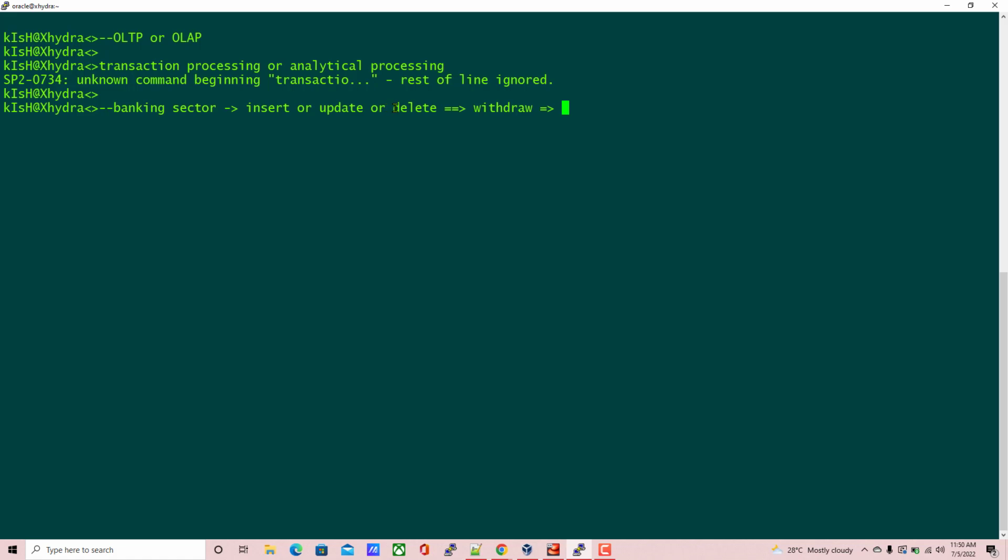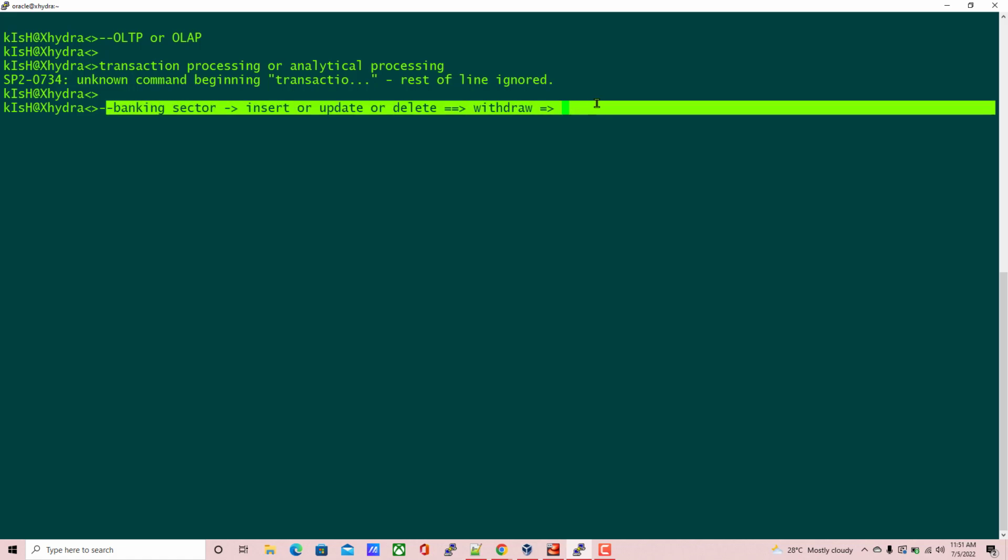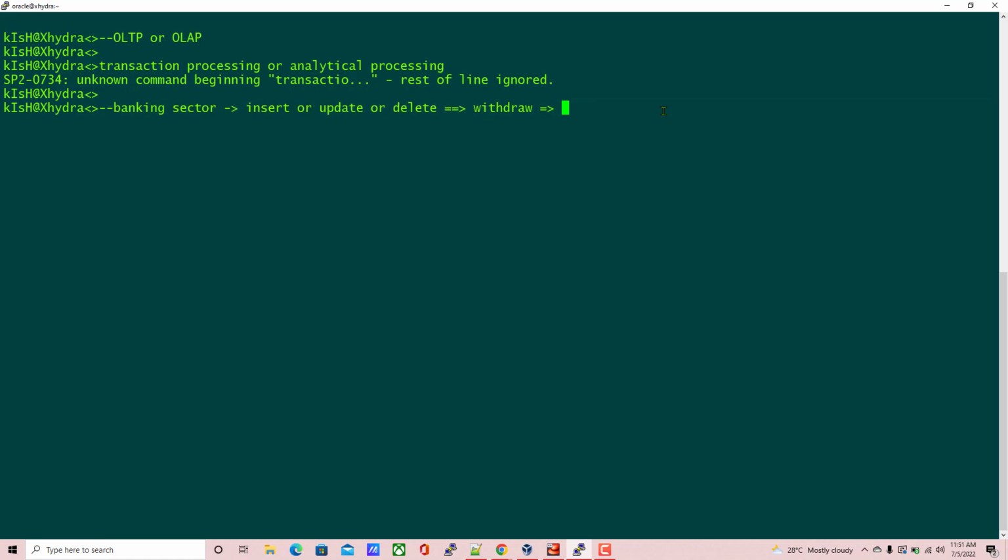At that time, a delete operation will happen on your total amount, and your balance will be updated as 5,000, right? If you are adding some money to your bank account, an insert operation will happen on your existing total, right? These kinds of transactions happen in your OLTP,